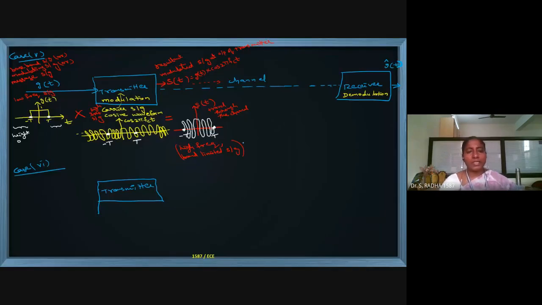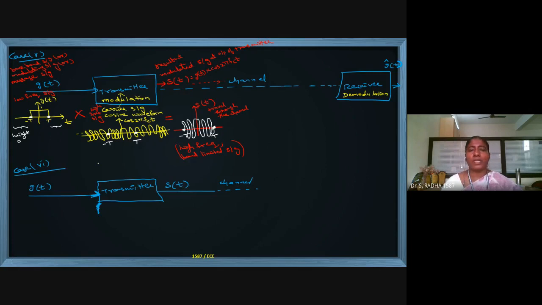Now I am taking another case. This is another case, transmitter. And this line has come extra. Please excuse, I will just erase. Not able to erase now. So this is the transmitter. G of t is the signal and S of t is the output. Here comes the channel. After that the receiver, but we will discuss only what is before the channel. So I am shortening the diagram. I want to discuss only this portion with a different case.